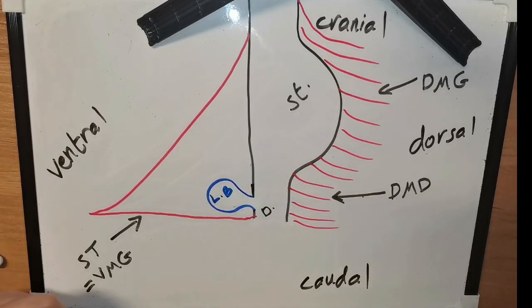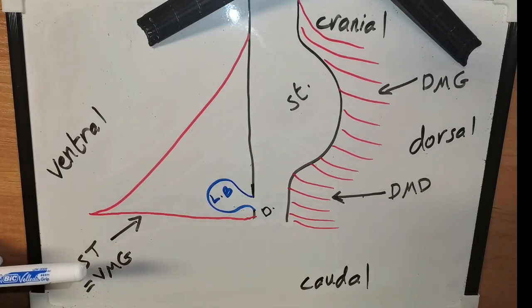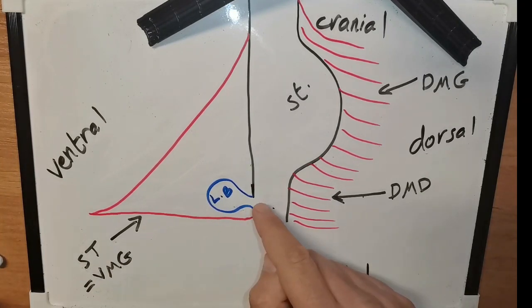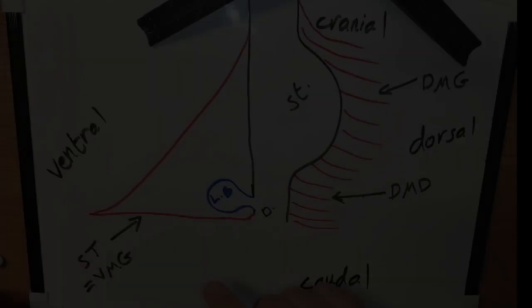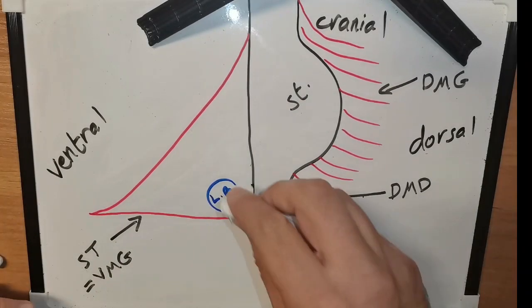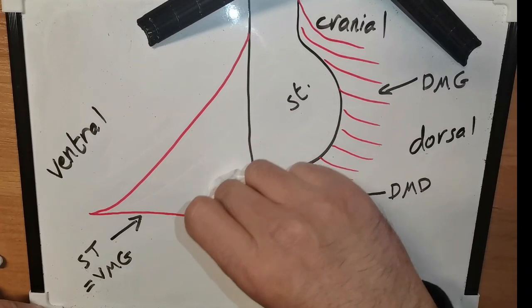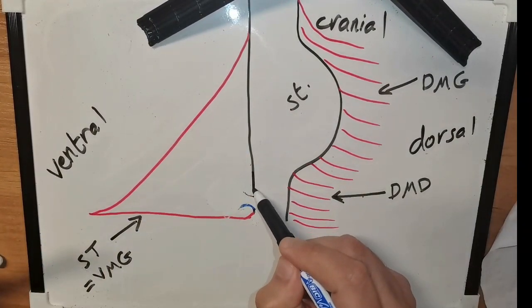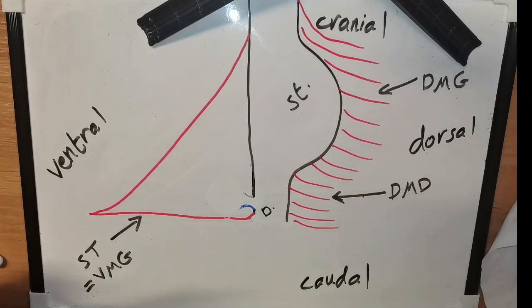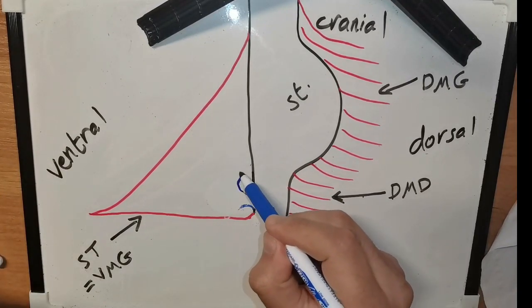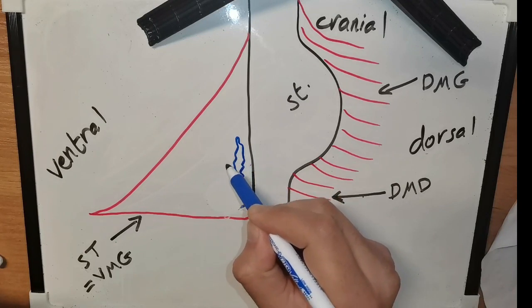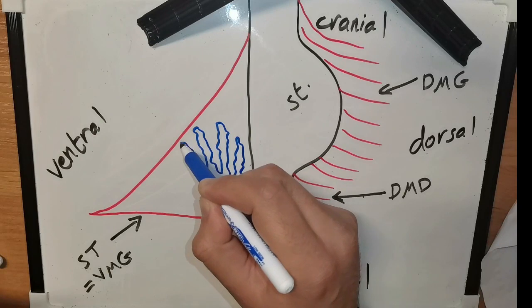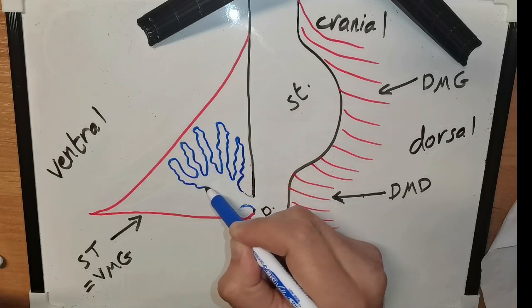So this is the liver bud. It grows from the foregut into the septum transversum, and then it will start to grow further, forming the liver and its associated structures. So the liver is going to start to grow and form these projections into the septum transversum,